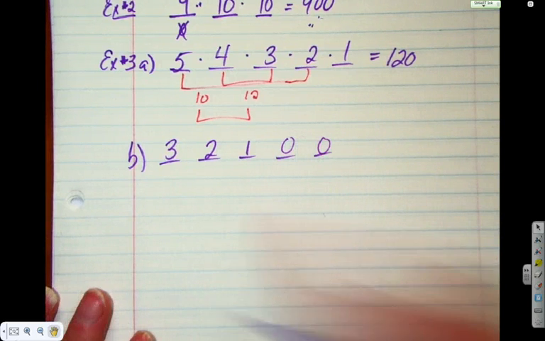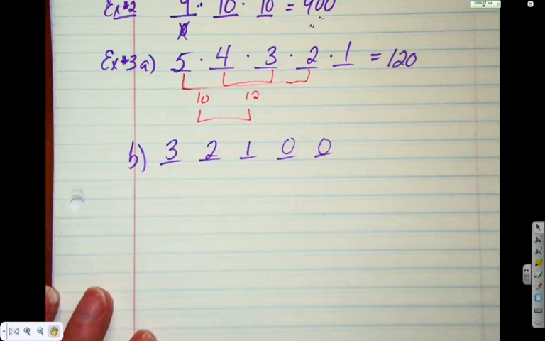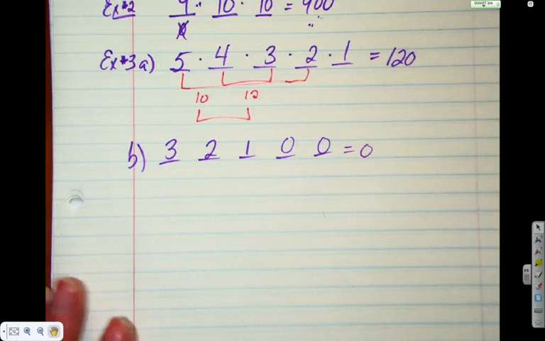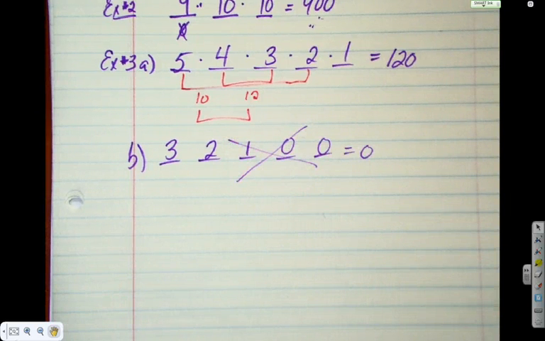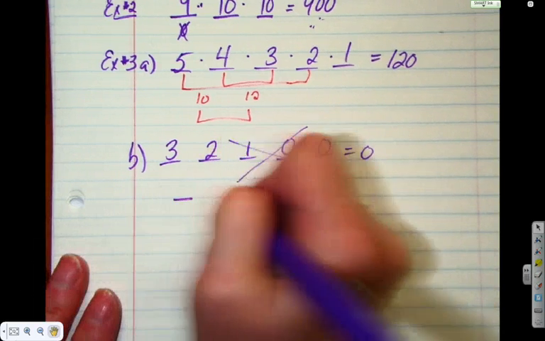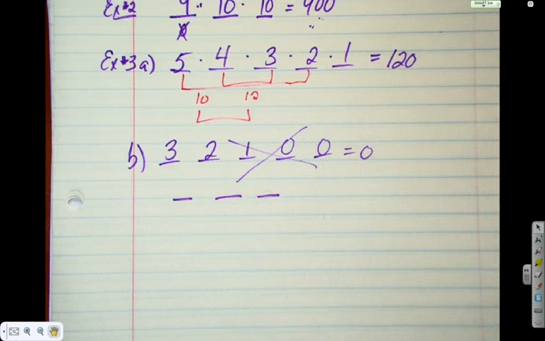Oh, but this represents desks. So what happens when we multiply? Does that make sense? 3 desks, 5 people, that there could be 0 ways. When you have 2 different numbers of objects, so 5 people, 3 desks, the number of blanks should always be the smaller number. Otherwise, you're going to run into the 0 situation. So instead of 5 blanks, we're going to use 3 blanks because 3 is smaller than 5.